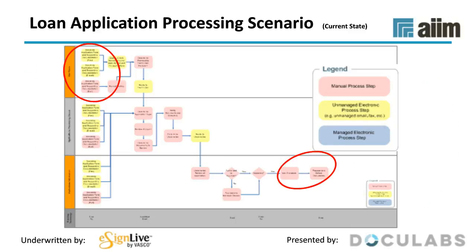I promised you ugly pictures. So let's see some processes where there are some inefficient wet signatures that can be converted to digital signatures. Here's a process flow of a typical loan application processing scenario. You can substitute many other request-type scenarios, workflows where there's ingestion coming in, typically with paper and manual processes, and so on. And as you can see, there's a lot of manual or unmanaged process steps.